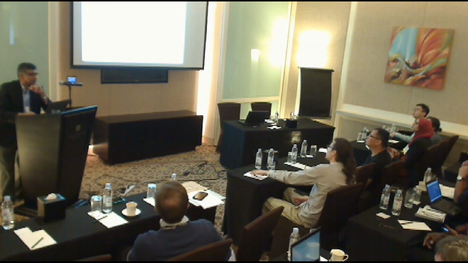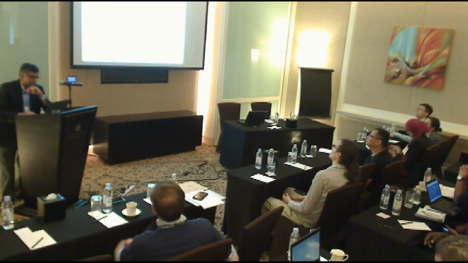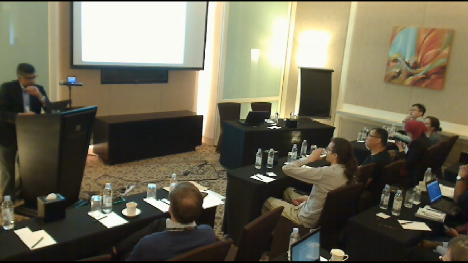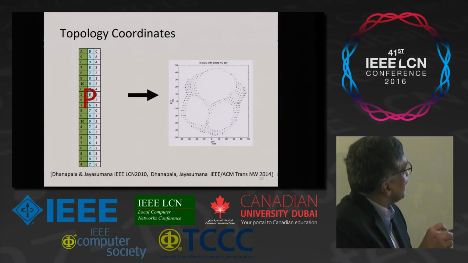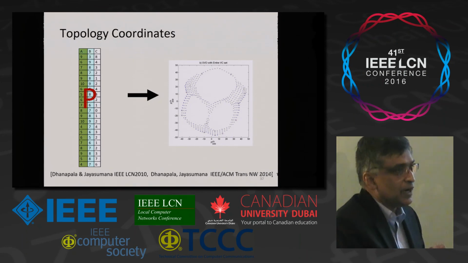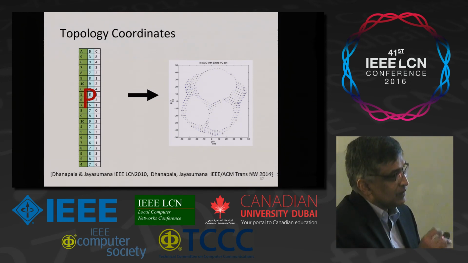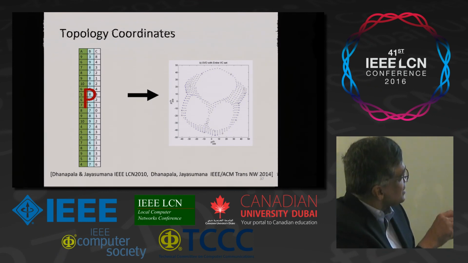Great question, right? One of the criticisms of virtual coordinates is that if your network topology changes, your virtual coordinates are wrong, right? But if your connectivity changes, does the physical shape change? No, right? So for example, if you look at this map and suppose one of these anchor nodes disappears, powered off, your virtual coordinates won't be valid, but these topology coordinates will still be valid for a static network, right? So in that sense, this is advantageous.